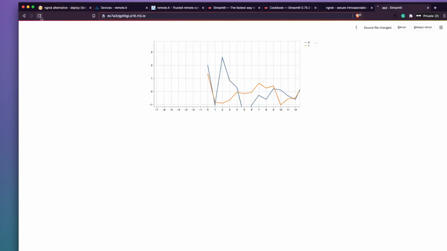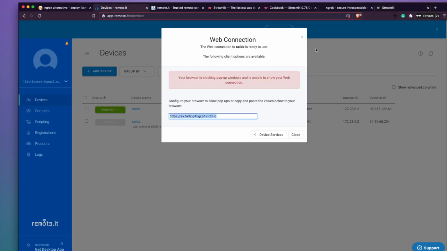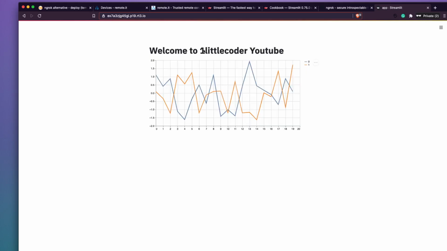So probably this is one great advantage over ngrok. With ngrok, your URL might change every time you run it, but because here you are connecting using the web service, the web interface dashboard, that gets connected. So you can see that the title is available now, the chart is there. So every time you want to make a change back and forth, you can check it. You can now copy this URL, paste it, and share it with anyone you would like to.